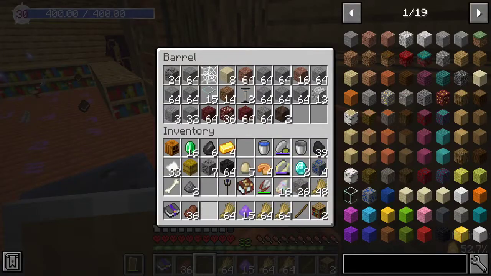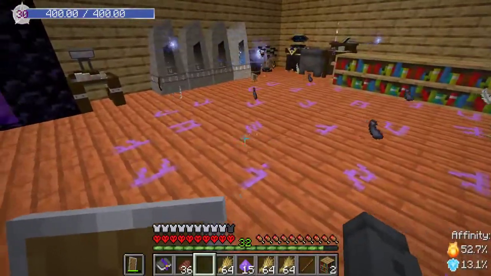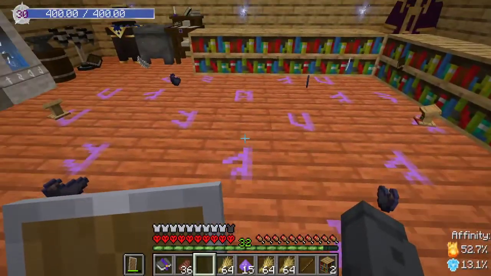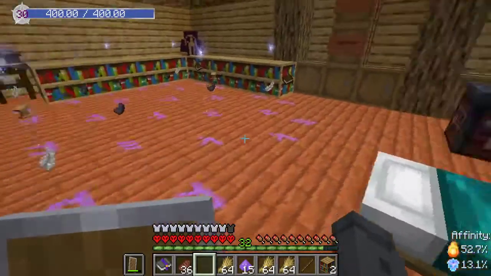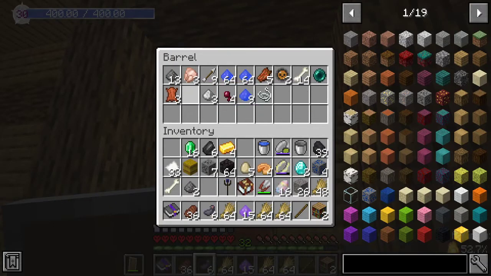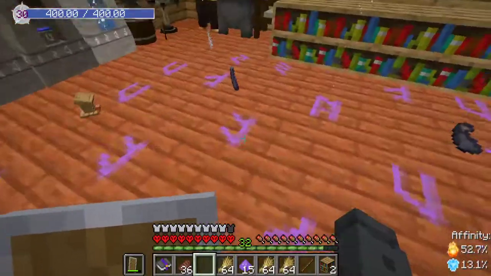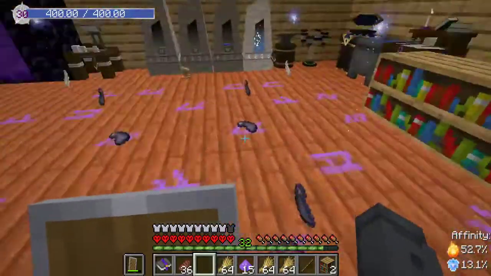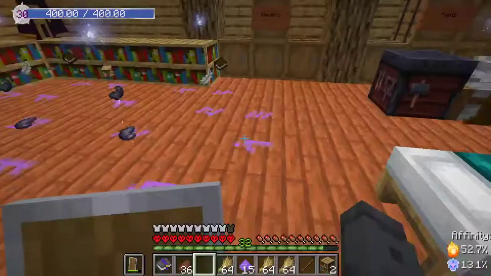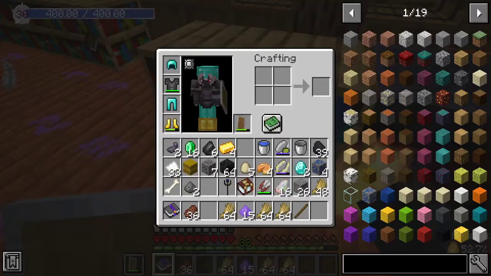So first I'm going to move that out of my inventory. So I need 4 ink sacs, 4 feathers, and 2 lecterns. Let's see, do I have any? I've got 4 inks. I've got enough for 4 ink sacs. I need 4 feathers and 4 more books. Which, if I'm lucky, I'll be able to get with just...